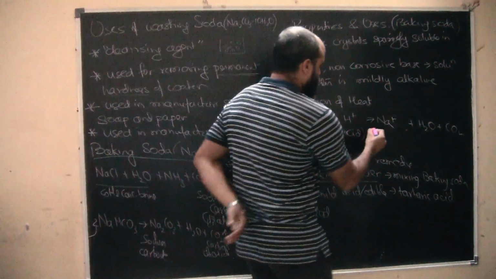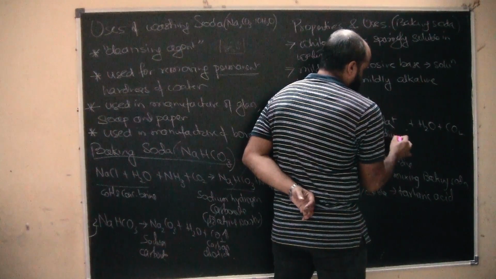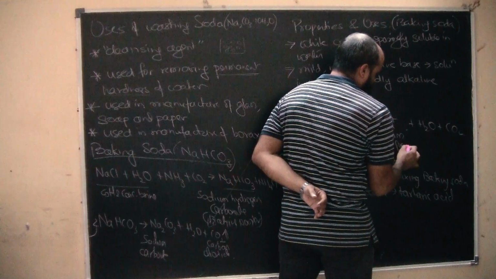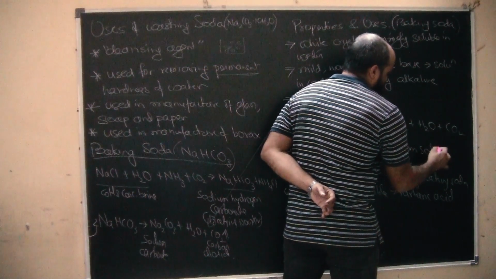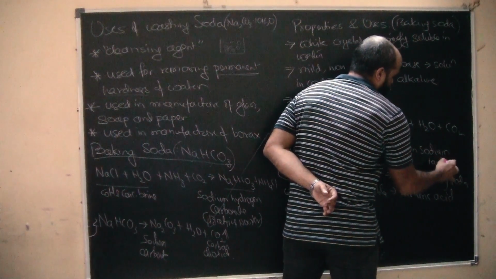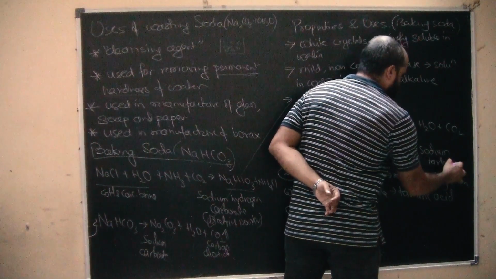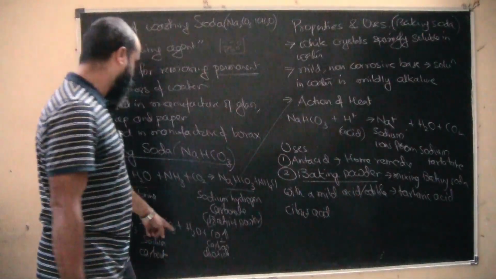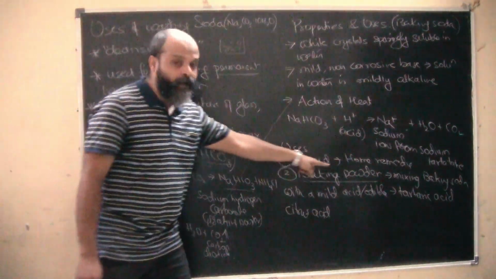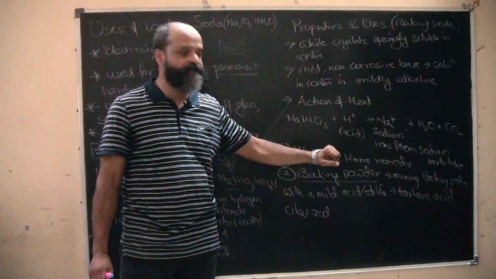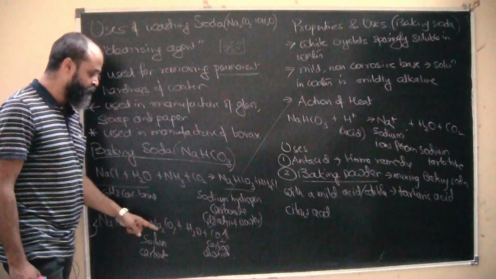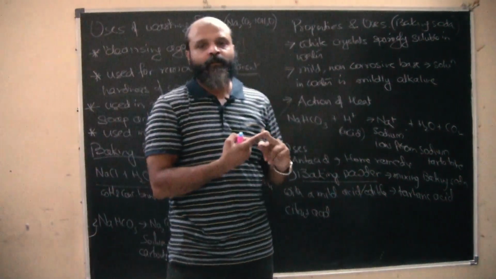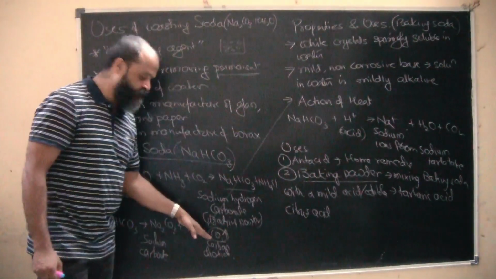So these are basically sodium ions from sodium tartrate. See, what is the purpose of adding tartaric acid or a weak acid like citric acid to sodium carbonate? See, we have seen what we need here is carbon dioxide for baking cakes or for baking breads and all, which we are getting.